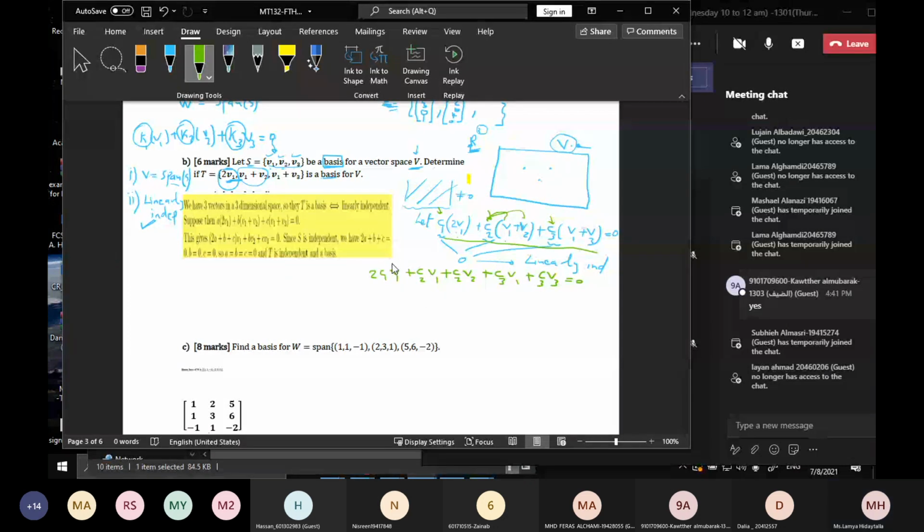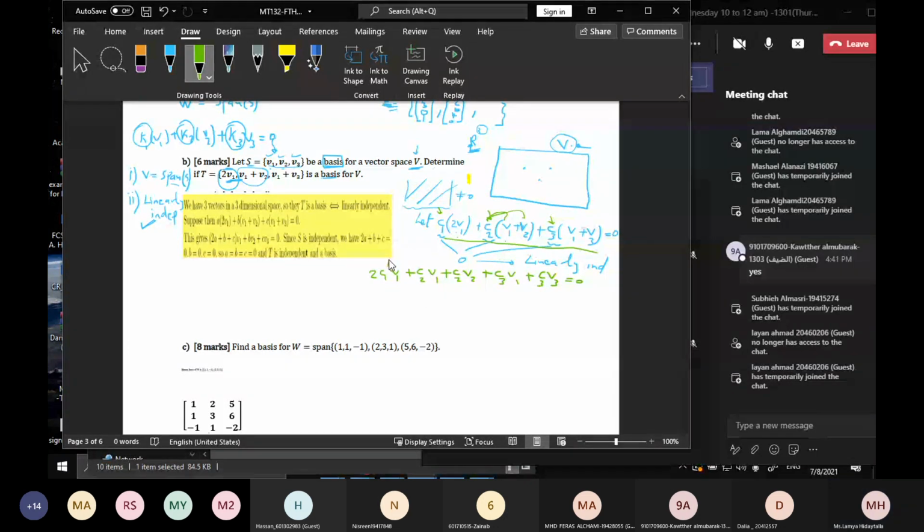Now we take those that have V1 together and take V1 as a common factor. So what I'll have is (2C1 plus C2 plus C3) times V1